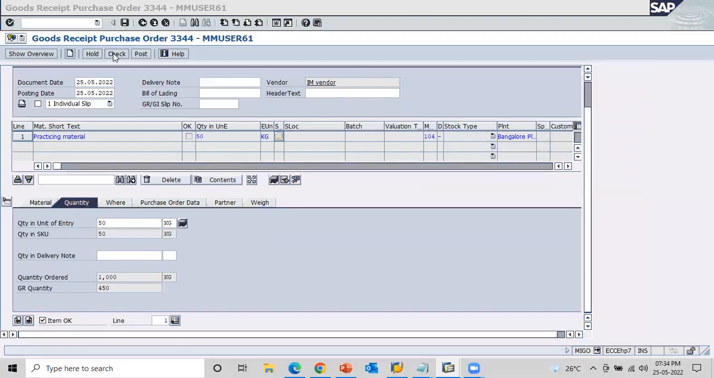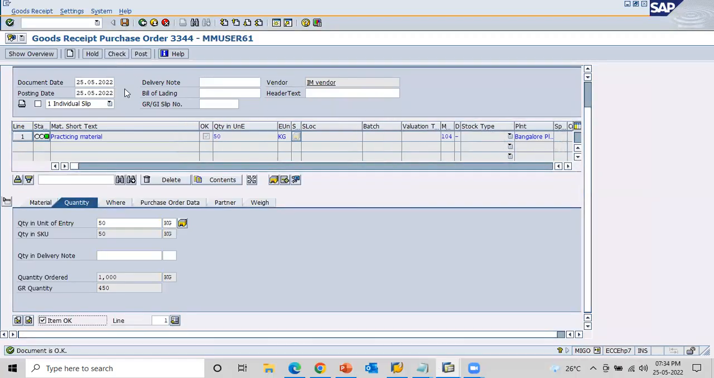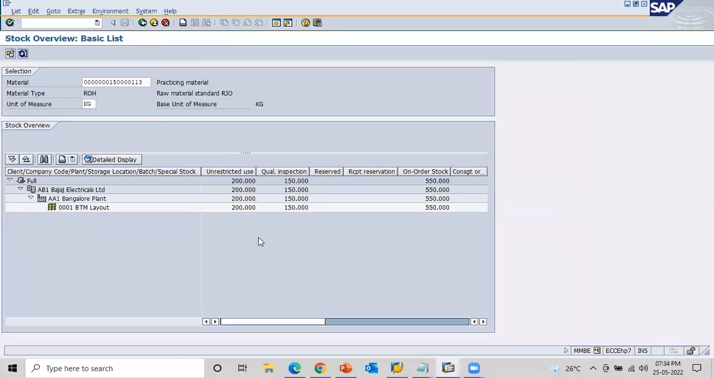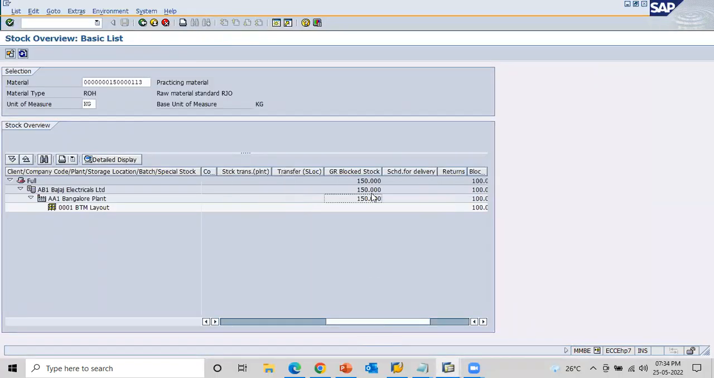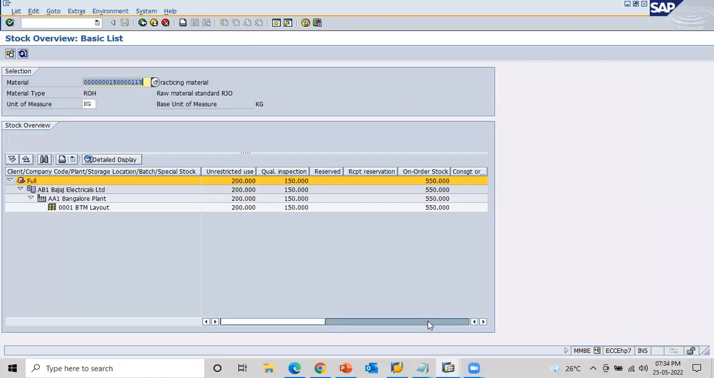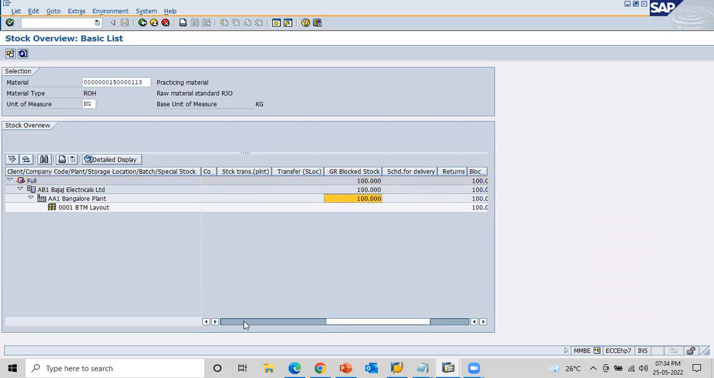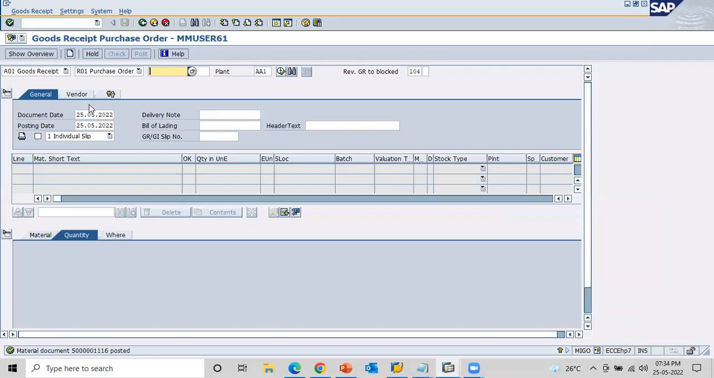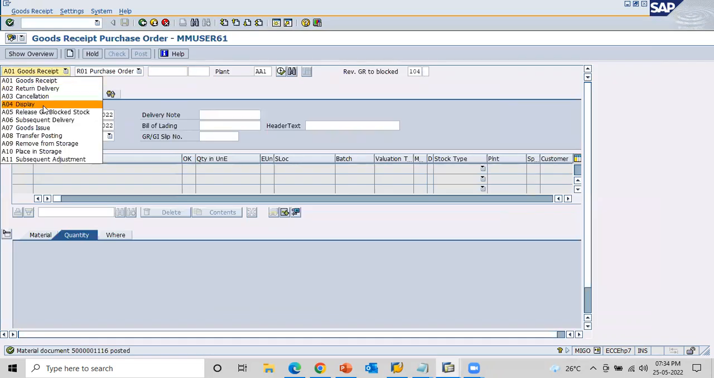Okay, so check and post. So only stock difference at GR level, but no other places. Okay, stock will be deducted at GR level, no other postings. Stock deducted from GR level, no other differences, only GR level stock. So no accounting document also. So if you see GR blocked stock display,